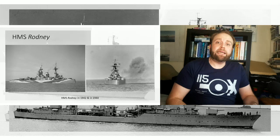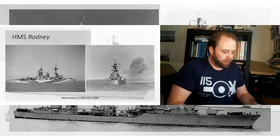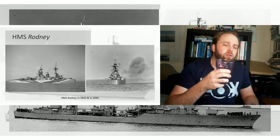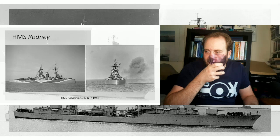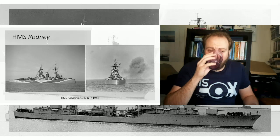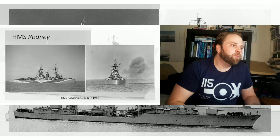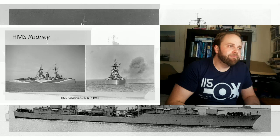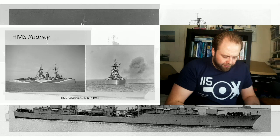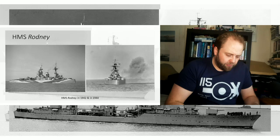Old leaky HMS Rodney. Right then, so Rodney is basically proof that you can have two ships which are technically the same, and one will be absolutely terrible and the other one won't be. Rodney was interesting, to say the least. Yeah. She develops leaks and rudder issues in 1940,